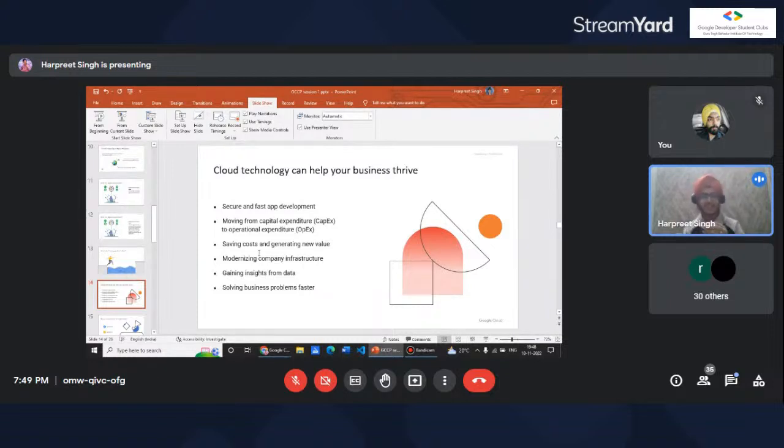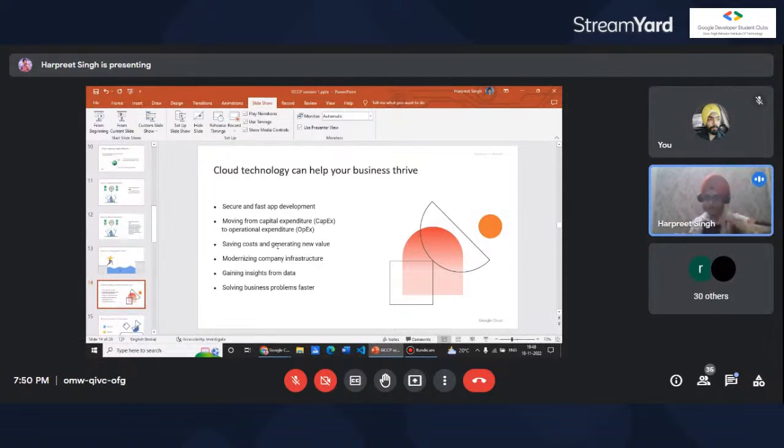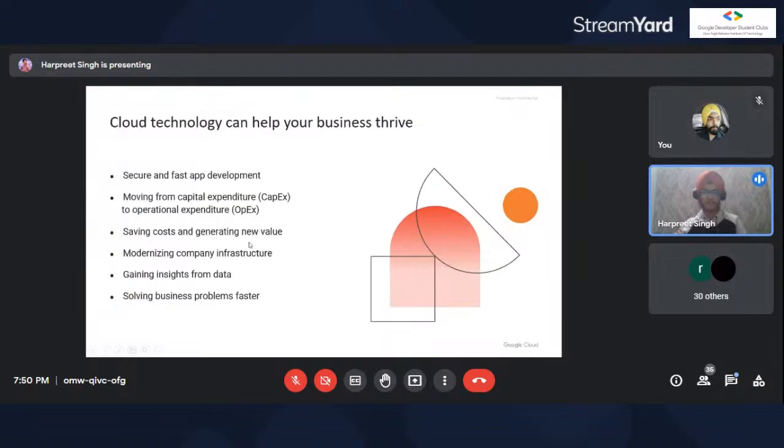Ordering is easier, and the main thing is that time is saved. That is what Google Cloud is: we just take the service, and everything is managed by Google Cloud. With capital expenditure, companies use their on-premises setup and have to manage everything themselves. That is why, along with time, companies have to adopt new technology.